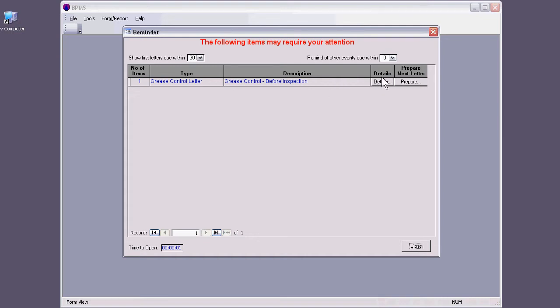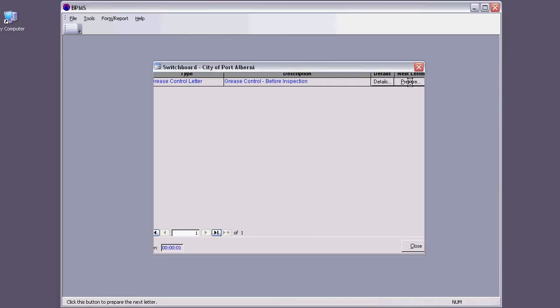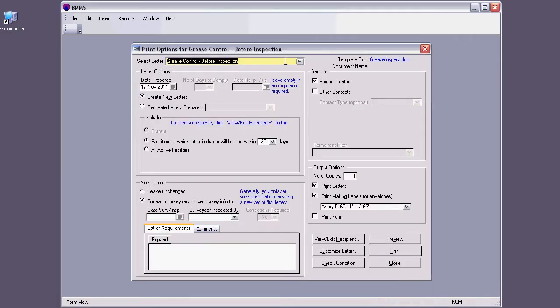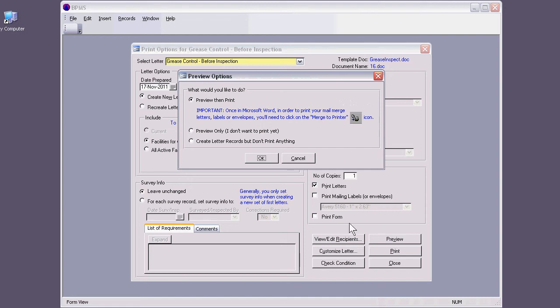This is something that BPMS, by working with people who already do grease control inspection, built in: they first send the inspection letter like this to tell the facility that they're going to show up and look around. So I'm going to prepare. This letter is already chosen. There is survey info right now. This is just a letter announcing my presence there, so I don't have to deal with this right now. I'm going to leave only print letters and only primary contact,